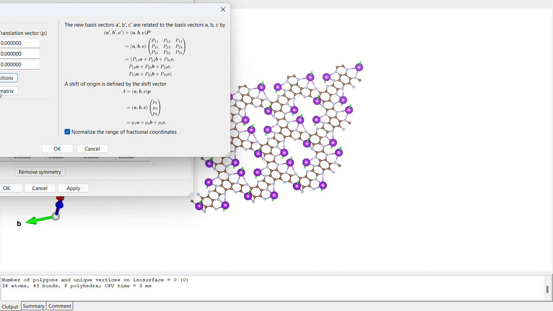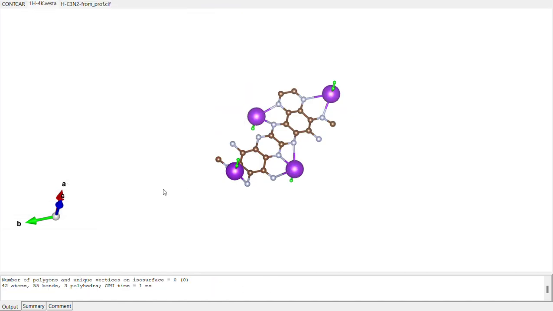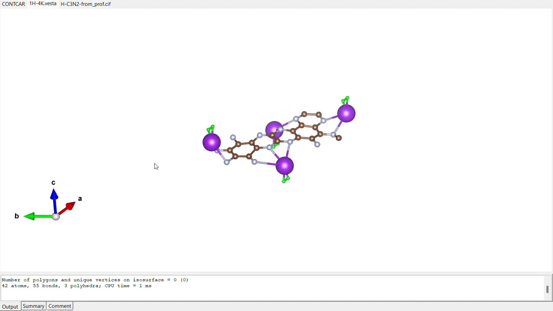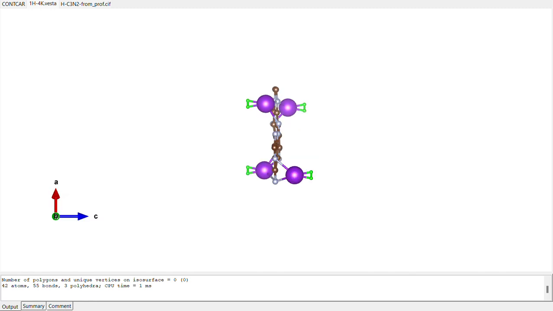One here, one, and then let's see. So this is how it looks. Actually, in the first case I tried to place the hydrogen on top of the metal atoms, but I observed that if you check the views here, my expectation is that